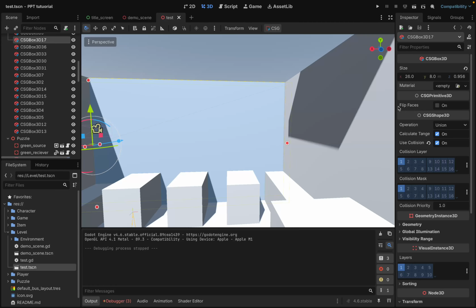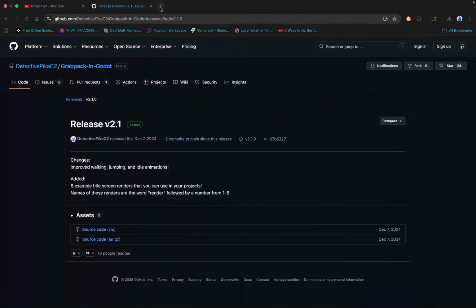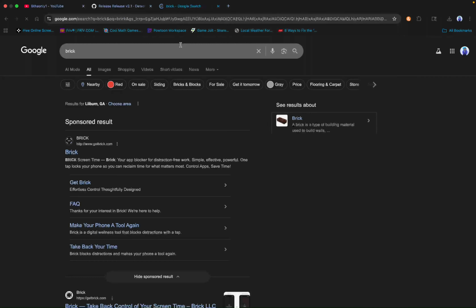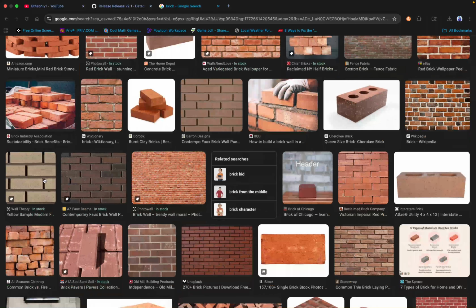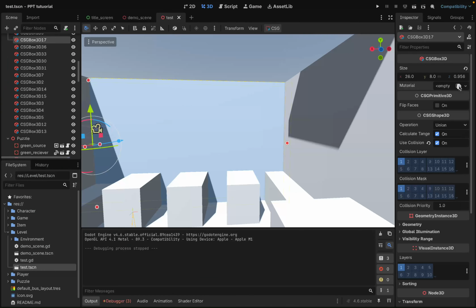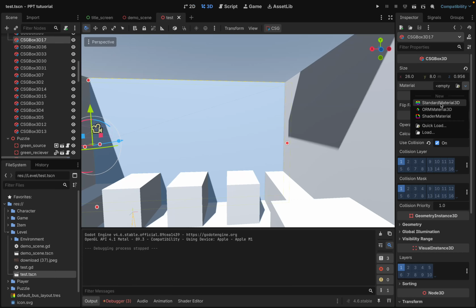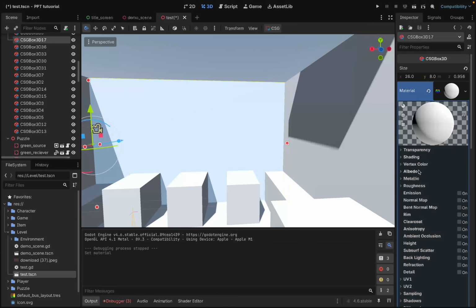But right before we do that, we have to find a material. So let's say I want brick, and I want to picture bricks. So what I can do is I can save this image of a brick, and now what we can do, go to our Godot page, or just put it into there. So now we can go to standard material 3D, whatever you like, press that, press this, and then go to